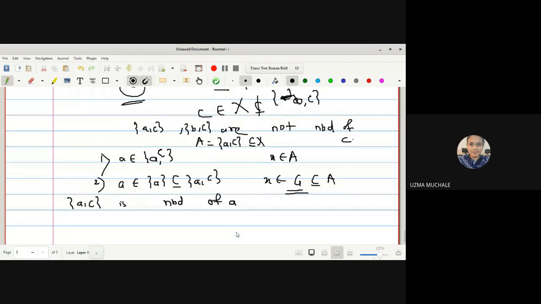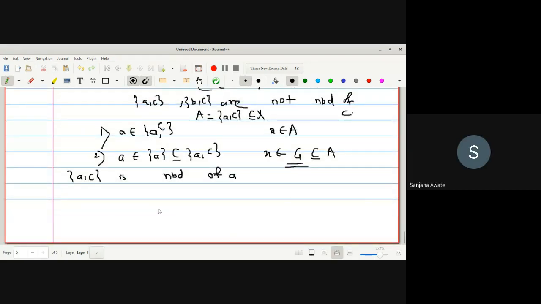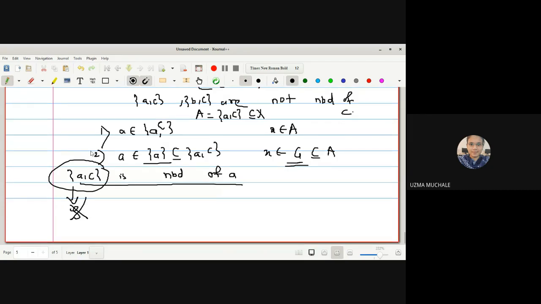Are you getting me? Yes. Okay, AC is a subset of X which contains the element A and satisfies the condition. Singleton A is an open set which is contained in AC and which contains the element. So I can say AC is also a neighborhood of A. In this way, does this AC belong to tau? No, ma'am. So we can say that a neighborhood need not be an open set. Earlier, the neighborhoods we got were both open sets. So here you can say the neighborhood of x need not be an open set.